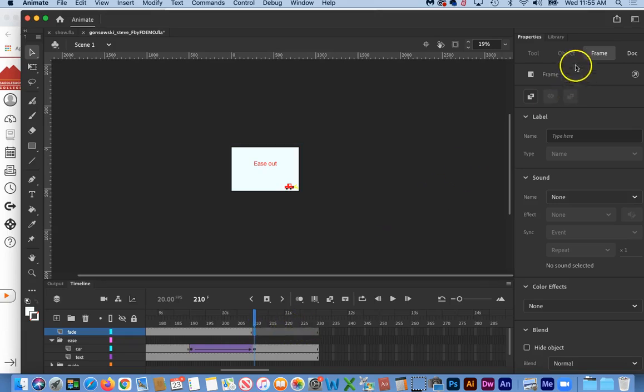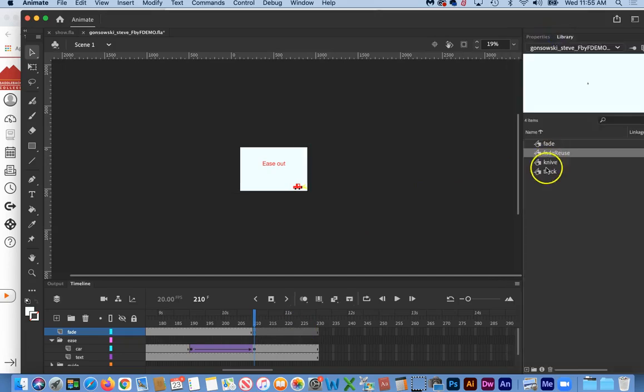I'm going to go to my library. I'm going to bring out an instance of the fade reuse, and I'm going to position it so that it covers my stage, even if I have to use my up and down arrow keys. And I can see if I scrub my playhead, I get exactly what I want, where it starts to fade out here. And it would start to fade back in if I extend that,